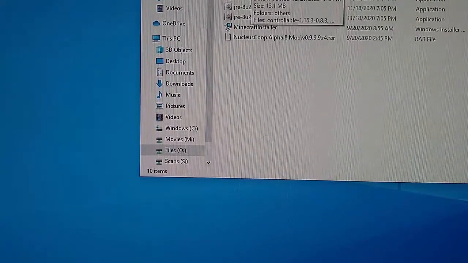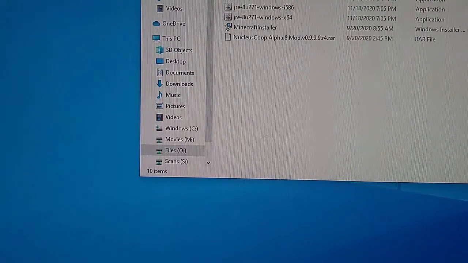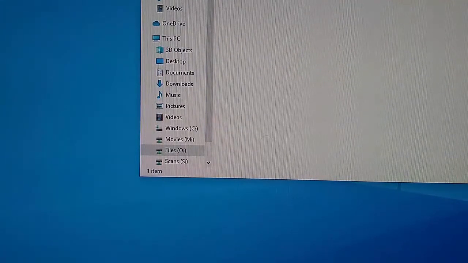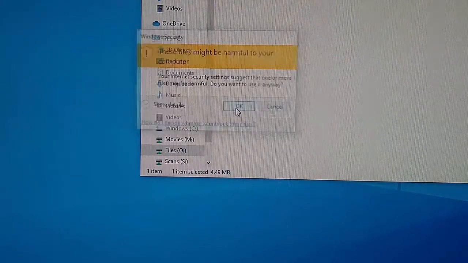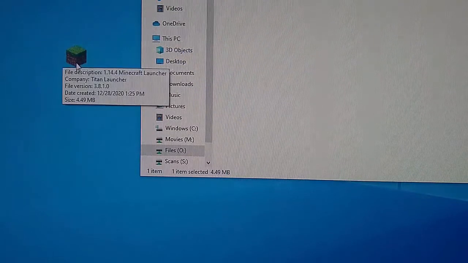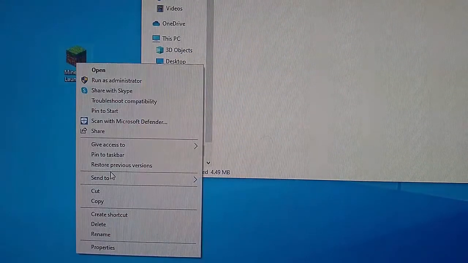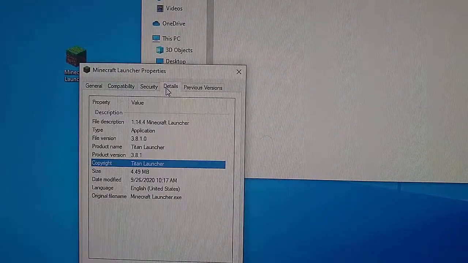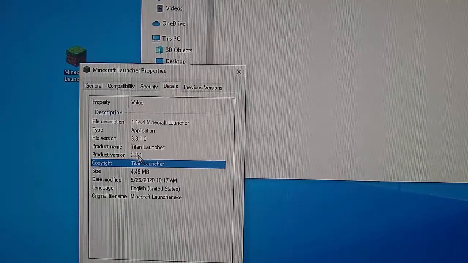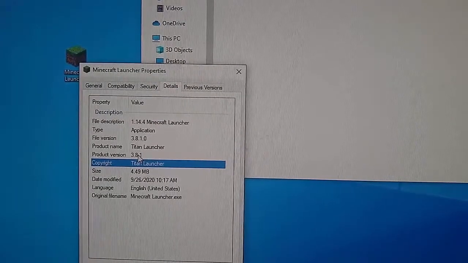So here I'm gonna go find it. Here it is. I'm gonna copy it over to my desktop. Let's put it right here so you can see it. Click OK. And let's see if I can find some information about it so I could tell you exactly what it is. Let's go to Properties. I'm going to go to Details. So it's the Titan Launcher, right? Titan Launcher, you can see version